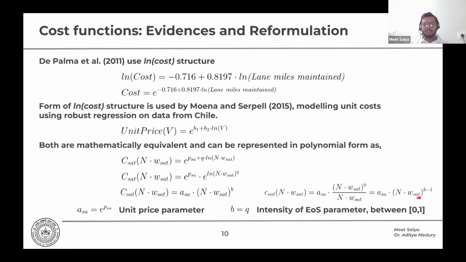And then if we retrace the steps back, we can see that this is this formulation. So the only difference between this and this formulation would be